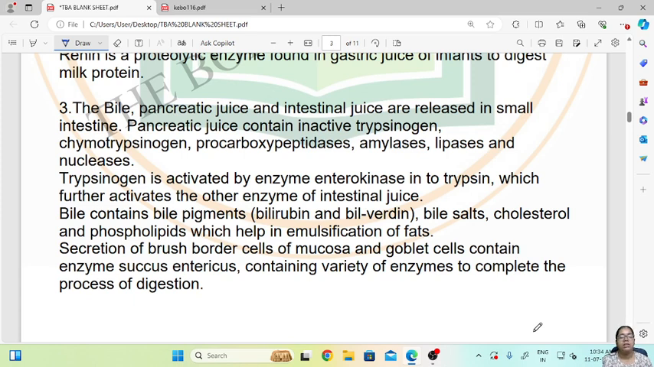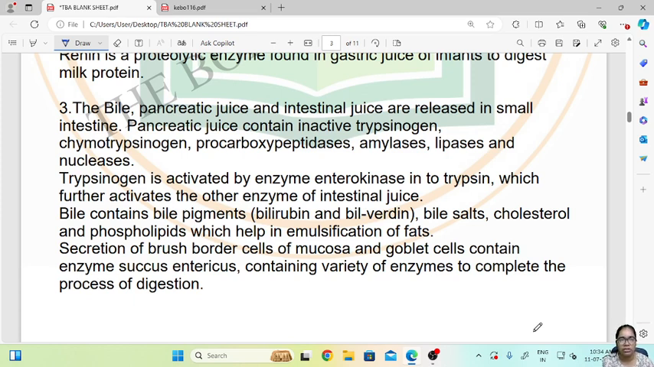Then trypsinogen is activated by the enzyme enterokinase into trypsin, which further activates the other enzymes of the intestinal juices. So here bile contains bile pigment. Bile helps in emulsification of the fats. Secretions of the brush border cells of the mucosa and goblet cells contain succus entericus, containing a variety of enzymes to complete